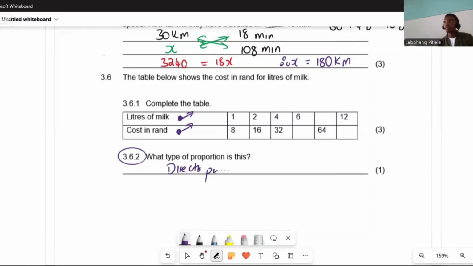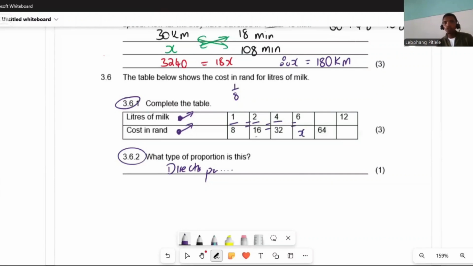proportion. And then on the second one, the first question they said, complete the table. We know if ever it's a direct proportion, and always, please, that is your first thing that you need to look for. Look if it's direct proportion or indirect proportion. When it's direct proportion, whenever you say 1/8, this one, 1/8, it should be equal to 2/16 or 4/32, and it should also be equal when I say